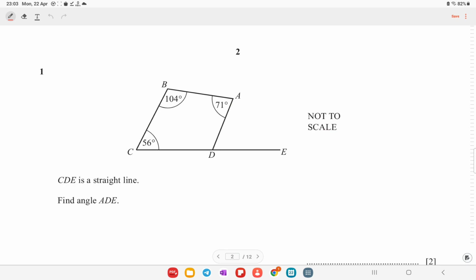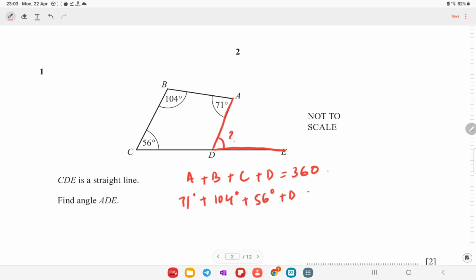We need to find out the angle. CDE is a straight line and we have to find out ADE. So we need to find out this angle. For this, we must know that the sum of the angles of a quadrilateral is equal to 360 degrees. So now just put the values back into this. So this is 71 degrees, then this is 104 degrees plus 56 degrees plus d, which is going to be 360. You do the simple math over here, so you will end up with d equal to